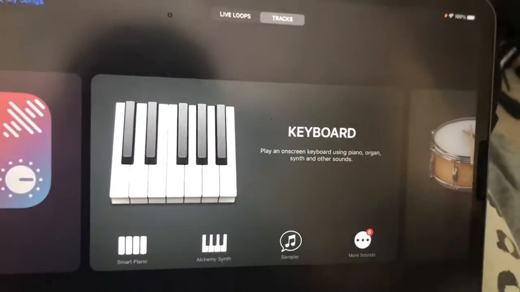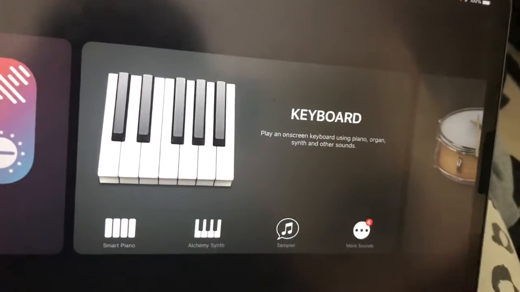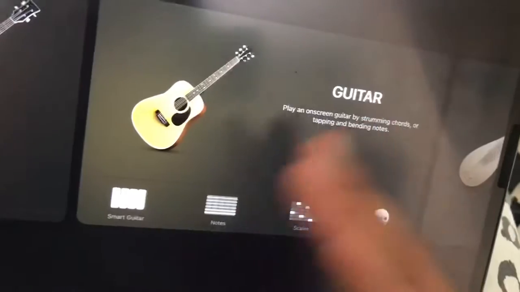Okay, so when you open up the app, you get this little menu, and there's a couple of options. All of these are literally what they say. It's just like a built-in guitar,